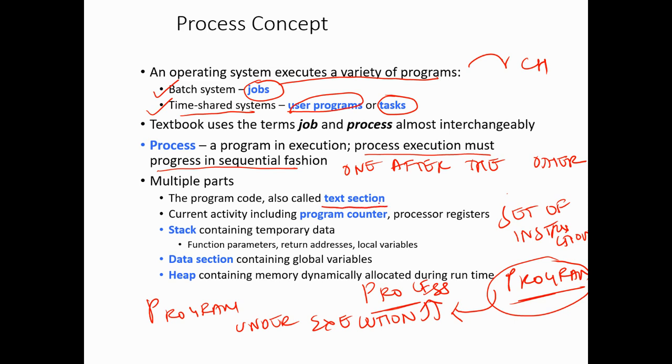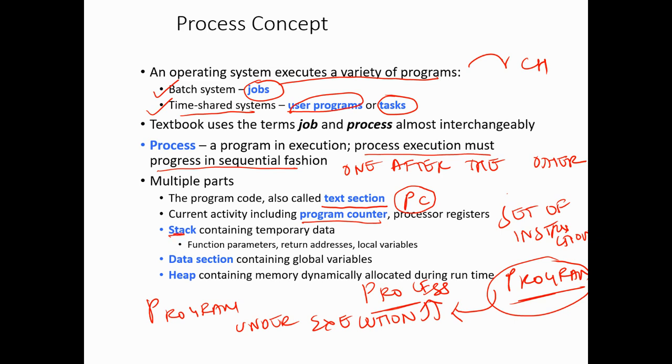Just for your understanding, you are supposed to know what a process is all about. A process is a program under execution. And we already know about the PC register, the program counter, which keeps track of the number of steps needed, as well as the address of the next instruction to be executed, right? And you also know about